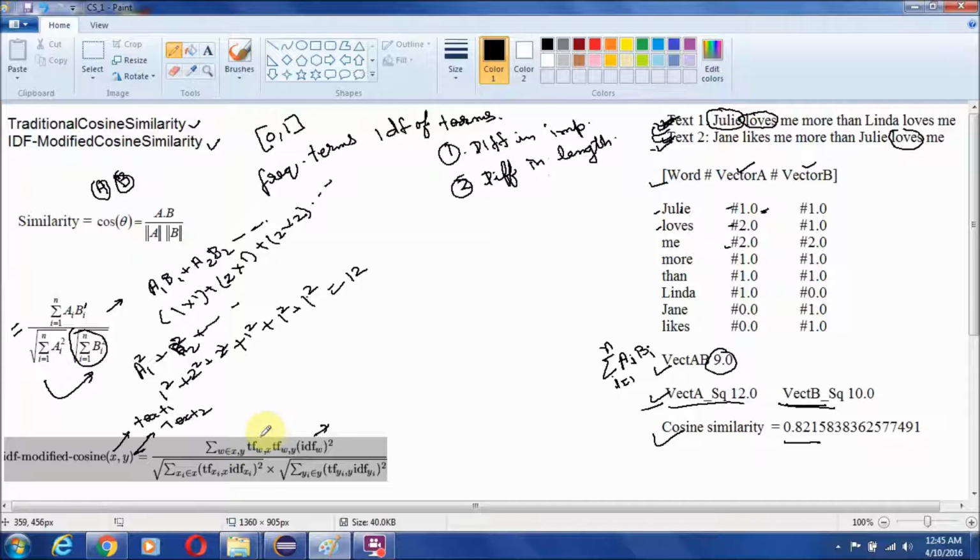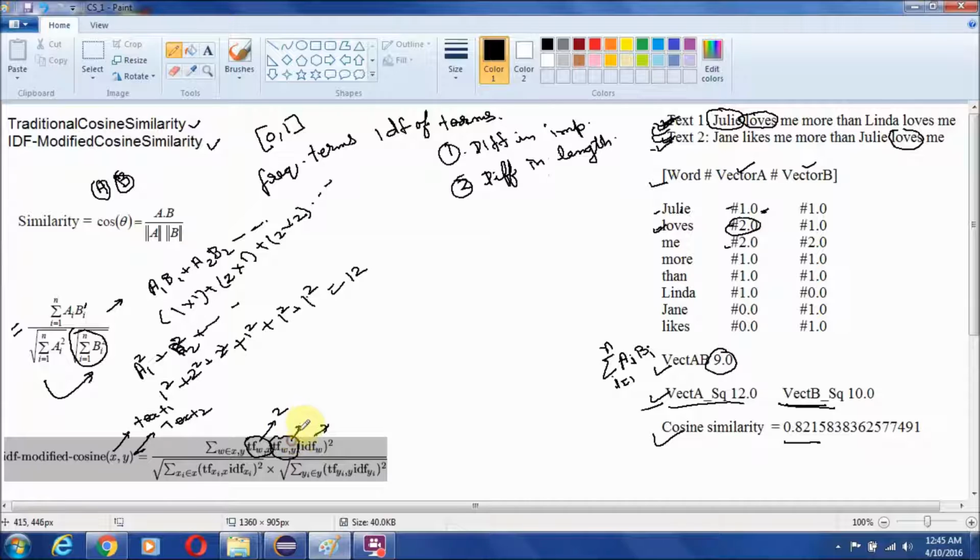Then TFWX is the term frequency of word W in text 1. For example, suppose we take the term loves, then TFW will be equivalent to 2. Now the next part is TFWY.